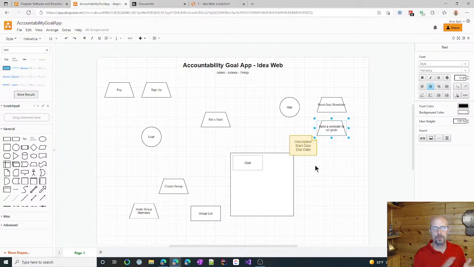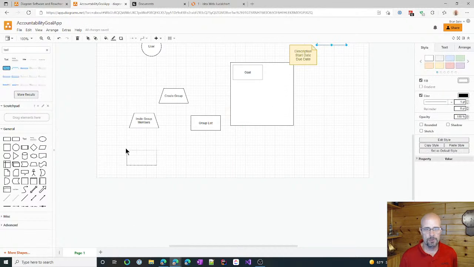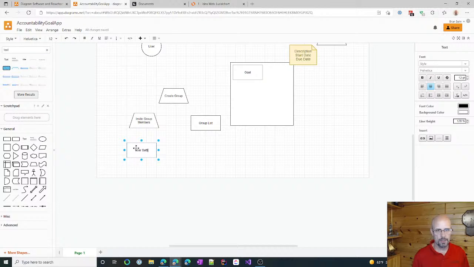So if you're setting them each week or each quarter, if you're using the 12-week year or something like that, this app will remind you to set your goals. I'm going to want a profile. I'm going to want some user settings. So user settings,